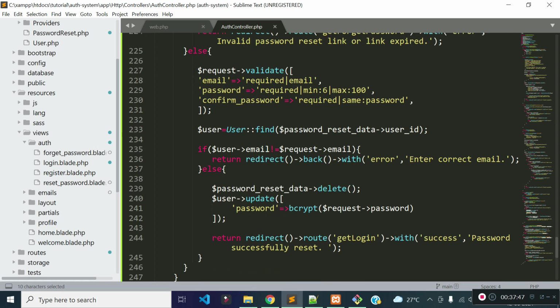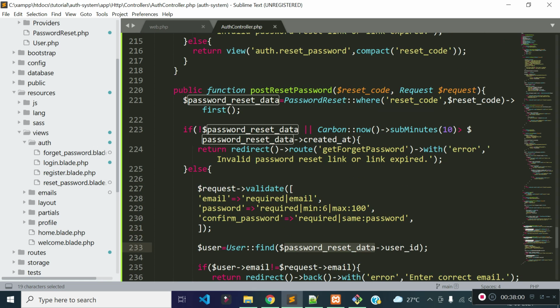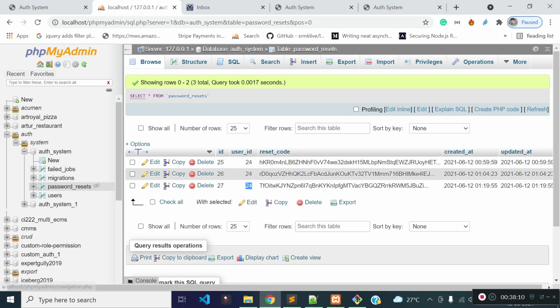Okay, so we are taking the user record to this variable, $user is equal to User::find, will find the user of the user ID. Okay, we are providing the user ID which is present in the record of this reset code, right? Because inside this password reset table we have user ID and reset code columns.